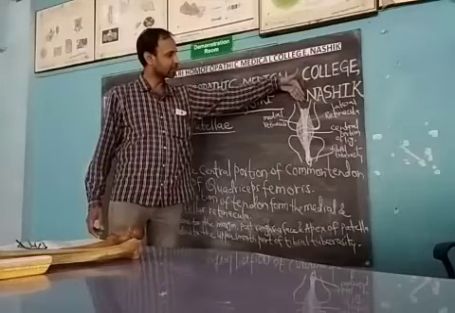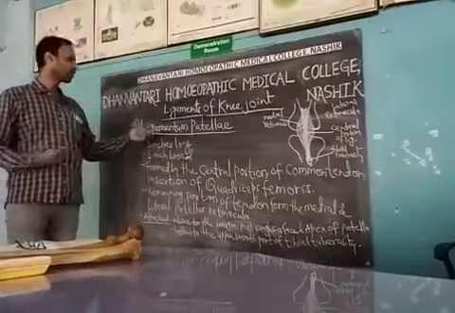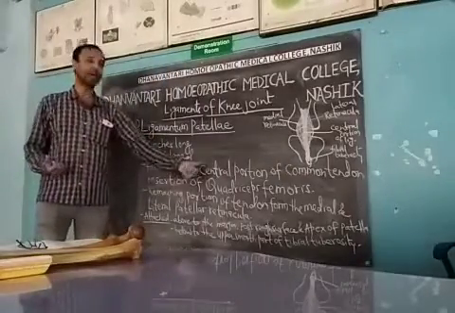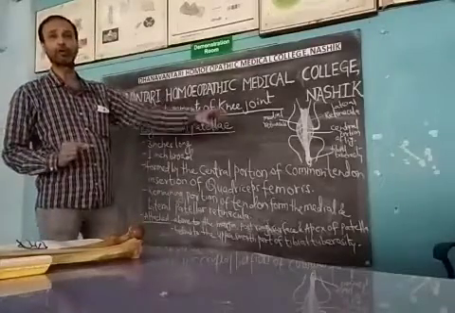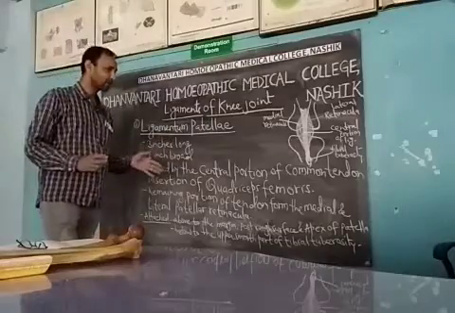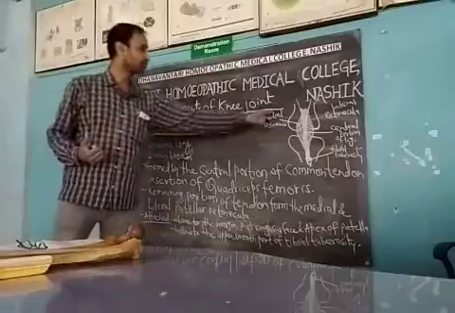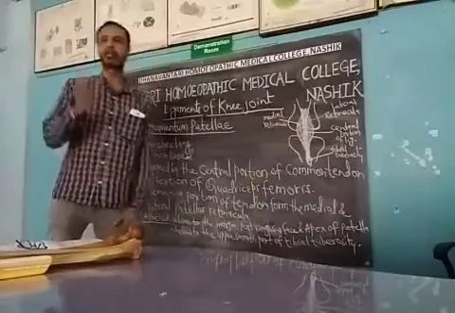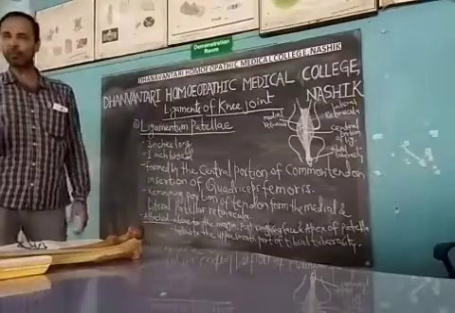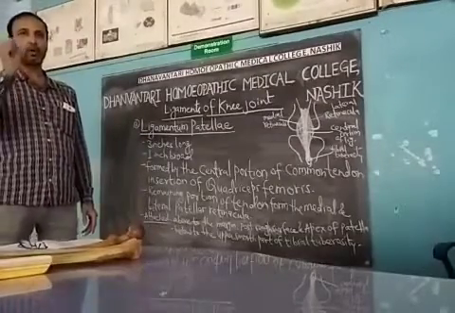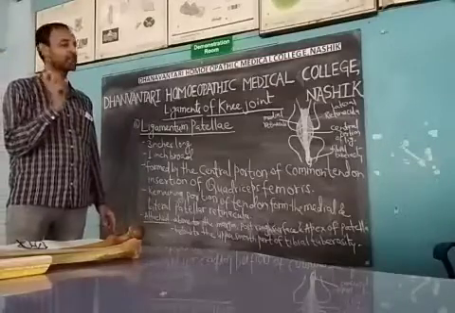So how is it formed? There is the tendon of the quadriceps femoris. First we will see how the ligamentum patelli is formed. It is formed by the central portion of the common tendon of insertion of the quadriceps femoris. So what is the ligamentum patelli formed by? The central portion of the common tendon of insertion of quadriceps femoris.